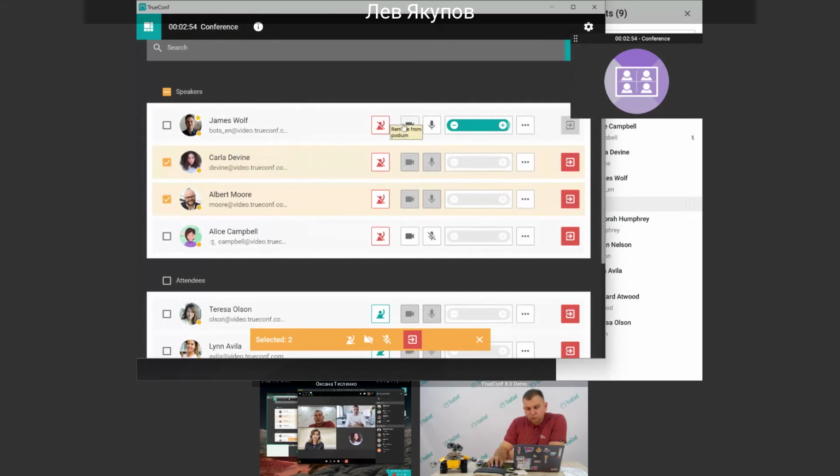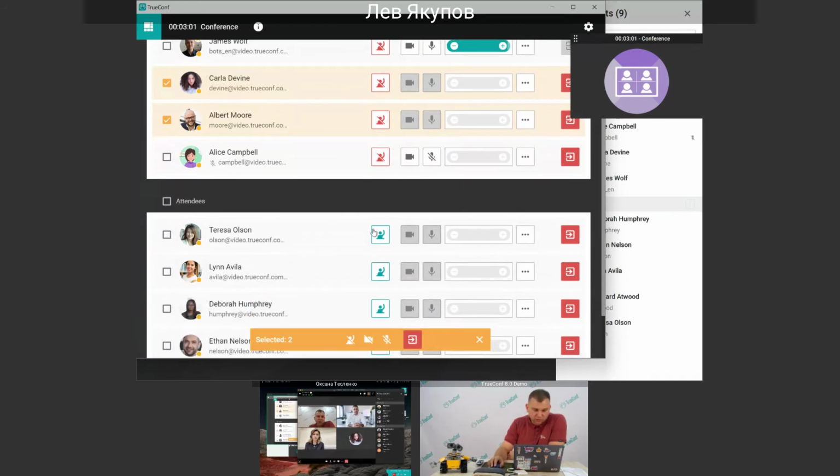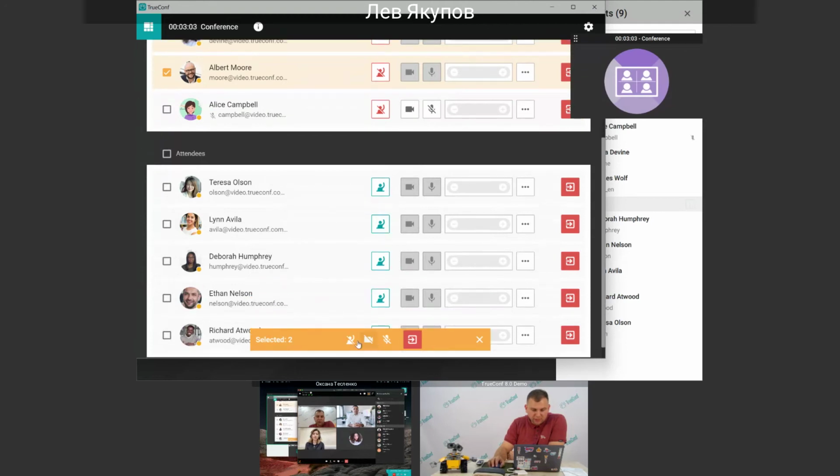Based on the conference mode, we have here all the buttons needed to control the roles. I can invite people to the podium or remove them from the podium. I can perform group actions. So if I select multiple people, now we have a special tab at the bottom which helps us perform